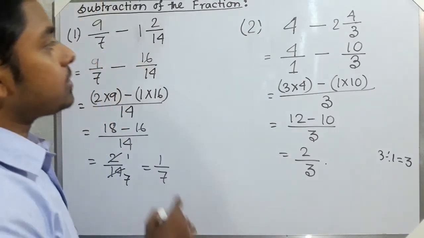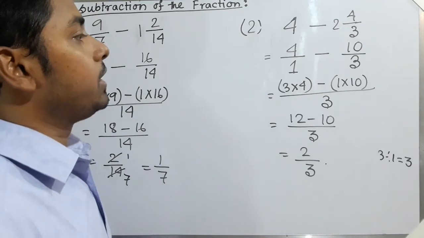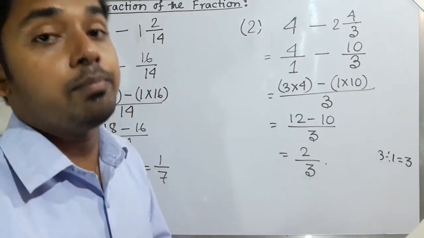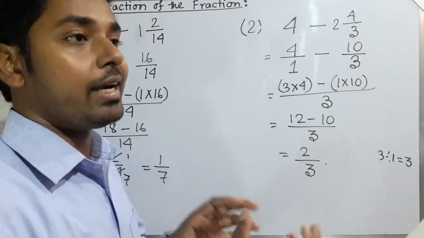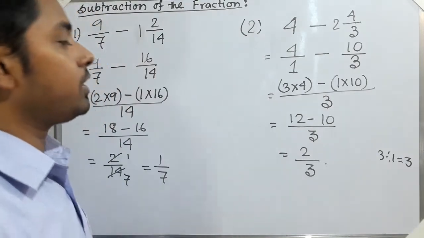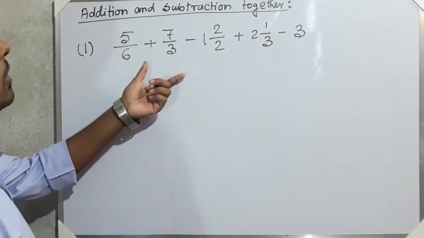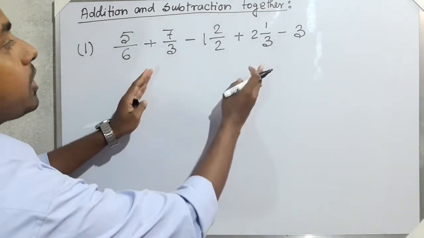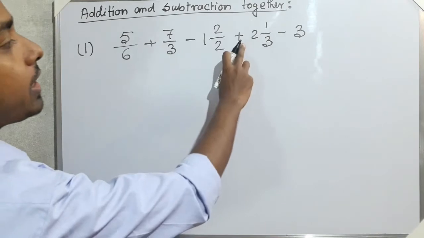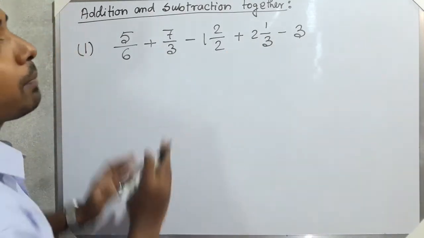Okay. So these are the addition and subtraction of fractions. Now we will see some critical examples. Whenever we have addition and subtraction together, what do we have to do? First of all, pause the video to note it down, then we will go forward. Now we have taken an example which has addition and subtraction together. You can see here it is addition, then subtraction, then addition, then subtraction, together. So at that time, what do we have to do?